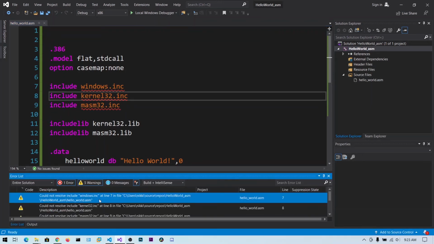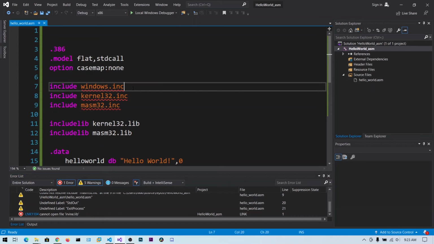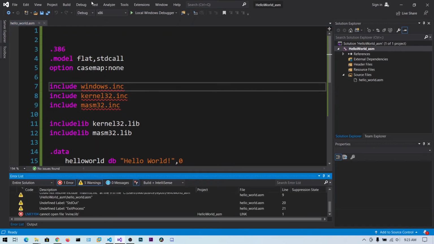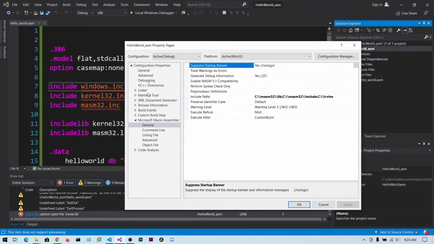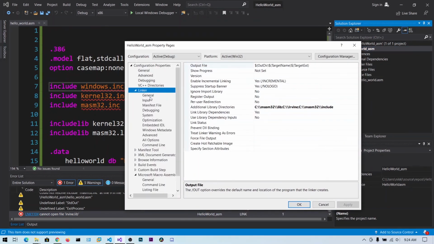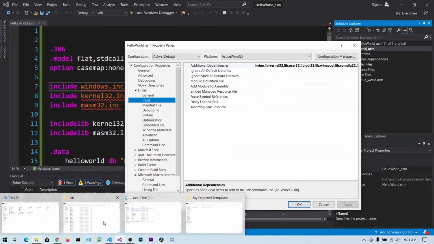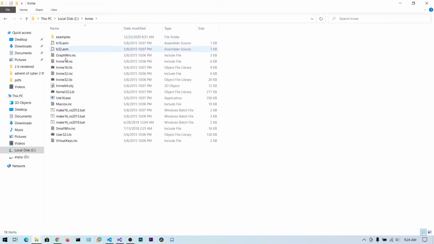Could not resolve windows.inc. Maybe it's Irwin32.lib.